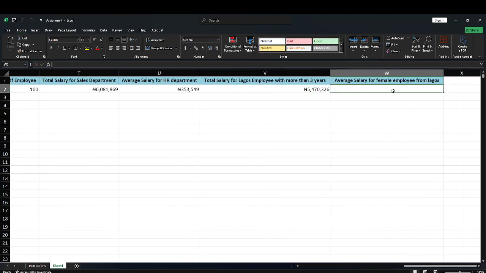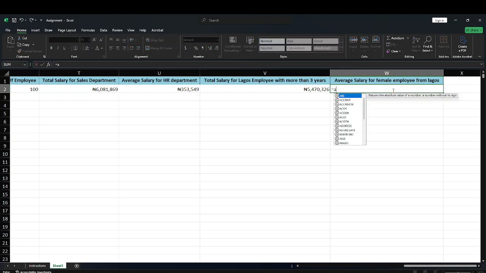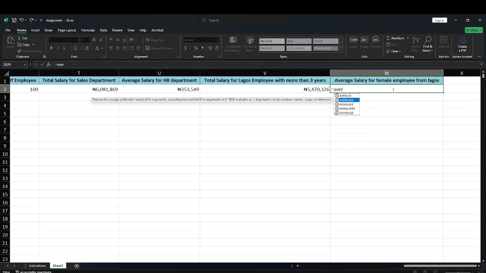Average salary for female employee from Lagos using AVERAGEIFS, equals to AVERAGEIFS,